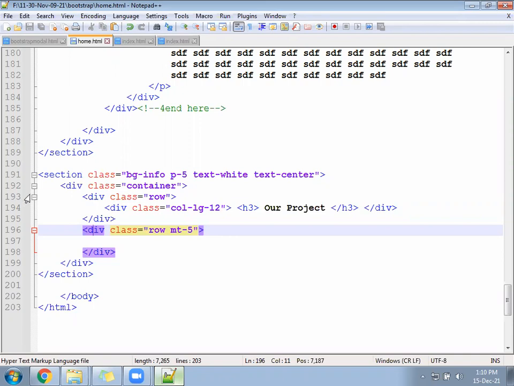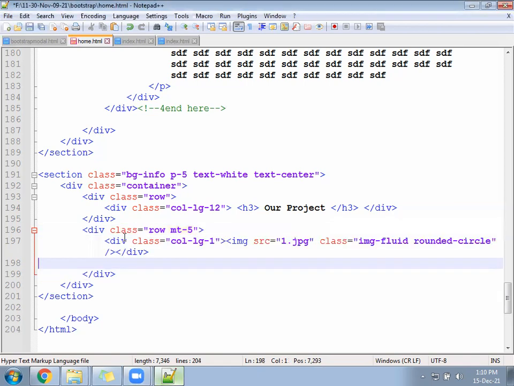Okay. Next. All col-lg-1, 12 photos, not one photo. Okay, 12 times.